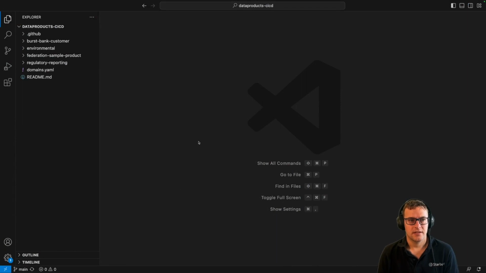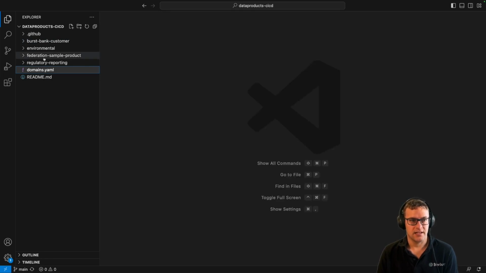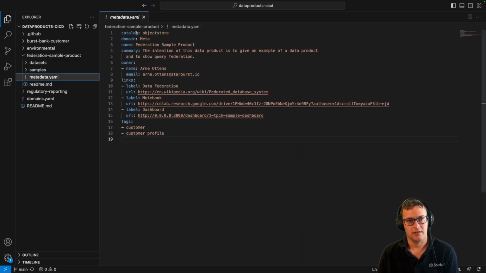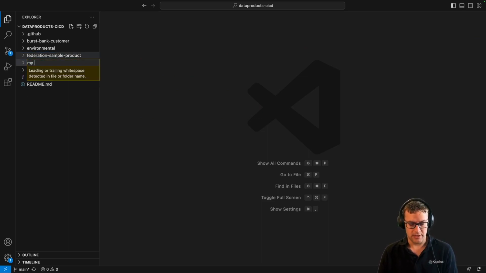We are now in Visual Studio Code where I have the Git project checked out. We do see our 4 different data products, and again the YAML file that describes our different domains, of course. And let's check, for example, the Federation Sample Product: the metadata, catalog, domain, name, summary, all what you would expect from your data product metadata. And now we just, for simplicity reasons, copy paste that to create a new data product, rename it to my awesome